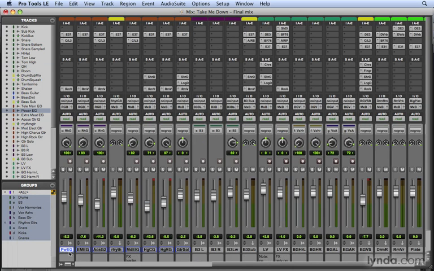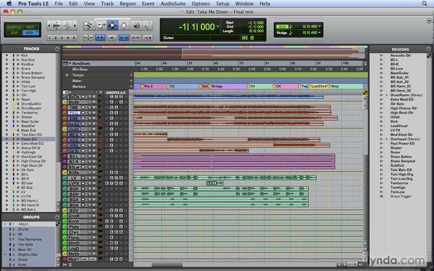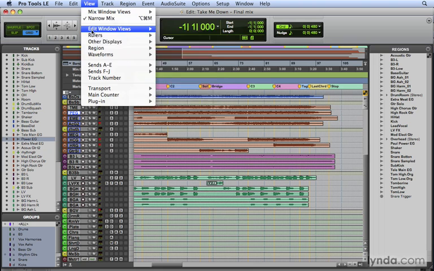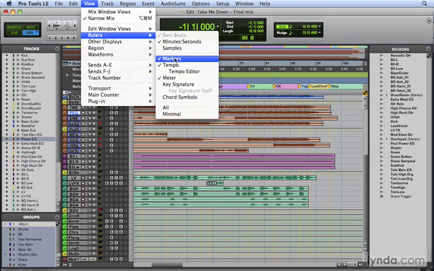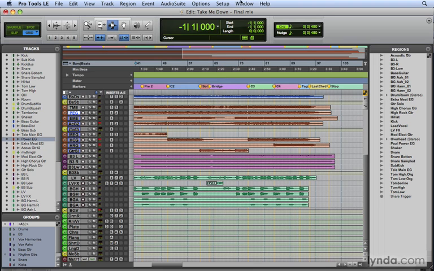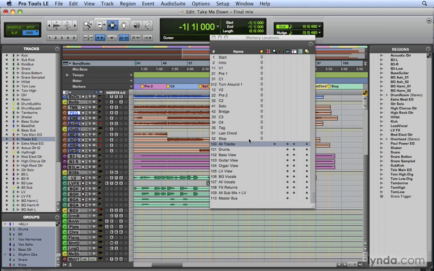Now, another thing that I like to do as far as organizing the view of my session, the location of the different parts of my song, is using memory locations to organize the session. In this specific session, Take Me Down, I have marker locations representing the different parts of the song, and I can see those in the markers lane, View, Rulers, Markers, and I can see all those markers in the Memory Locations window, right? So I see I have start, intro, verse. The way I organize my session as far as